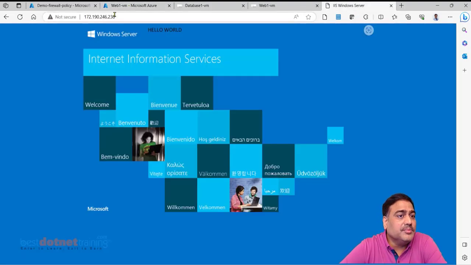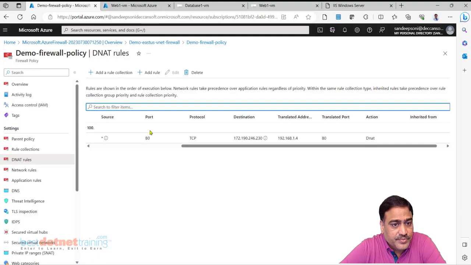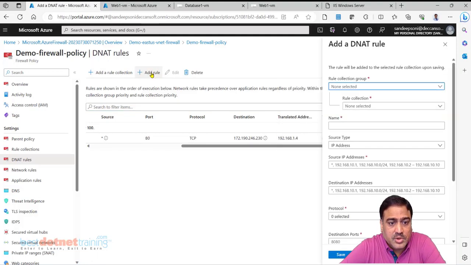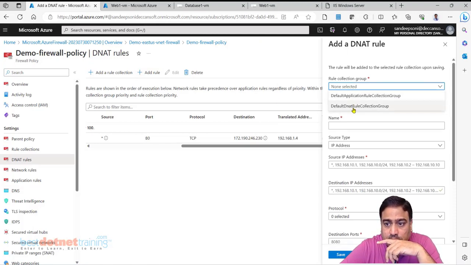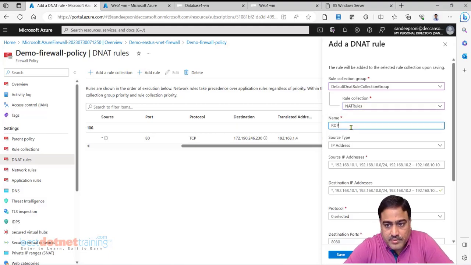Now there is a problem. What is that? RDP. We are not able to do RDP. Let's solve that problem first. I want to add a rule. Into this rule collection, I would like to add a DNAT rule, RDP to Web1.